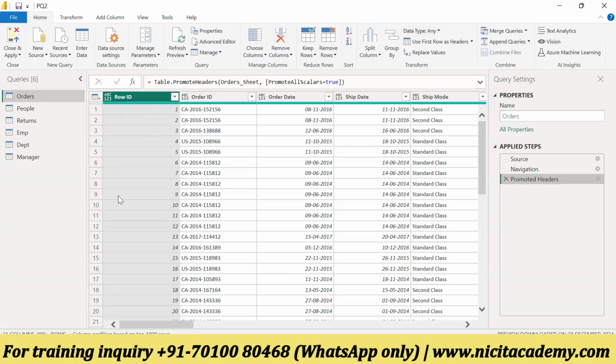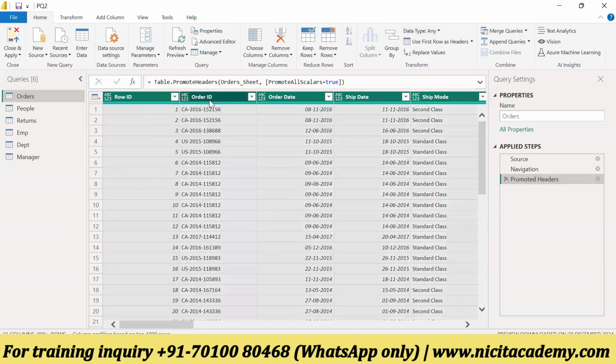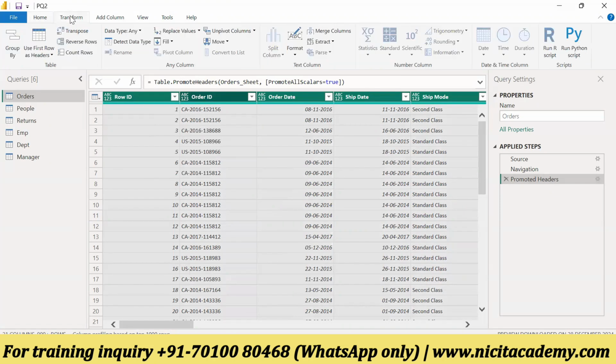So I'll just select any column here, and press Control A. I have pressed Control A now. So we'll go to the Transform tab, and there is an option called Detect Data Type. So if I click on this,